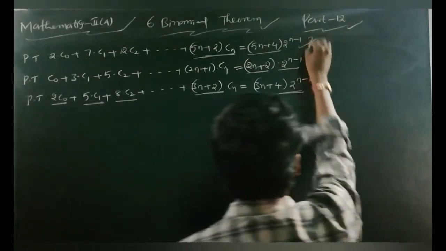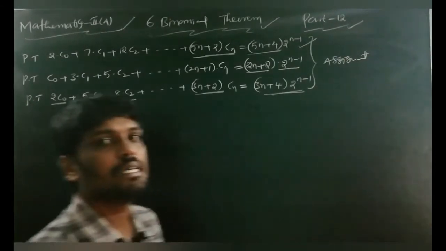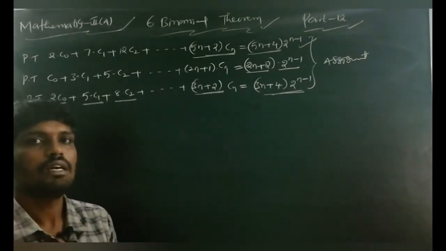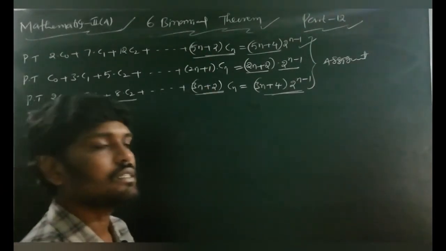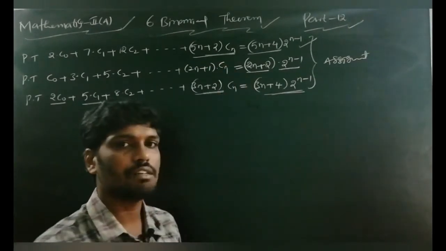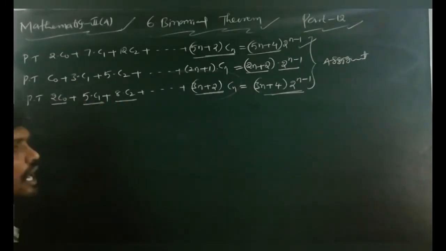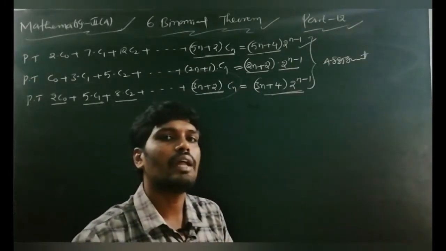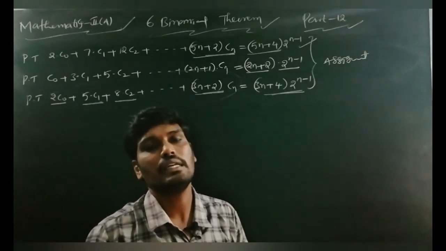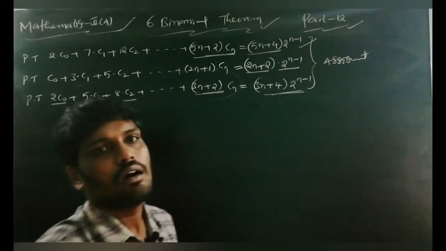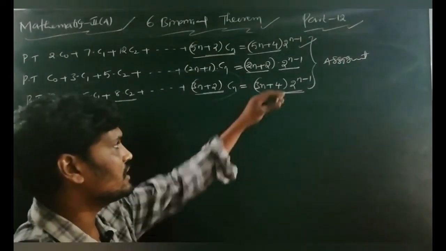These three problems are assignment problems. Do these three problems with a method similar to the previous problem. These problems are 7 marks questions, and such a problem comes in the IP examination for 7 marks. Do the total LHS part, after that you can write it left to right and right to left, and after adding the two sequences, using the formula nCr equals nC(n minus r), you get this answer.